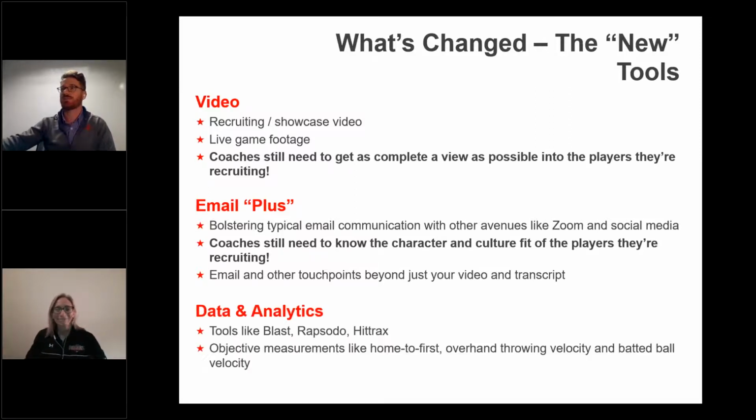Cool. And then also another piece that I think softball coaches started to move towards, and certainly are still moving in this direction, going hand in hand with video, is using more data and analytics, using tools like Blast or Rapsodo or HitTrax, whatever it may be that they have access to in their programs, and also objective measurements. We mentioned home to first on video, also with the stopwatch, throwing velocity with the pocket radar, batted ball velocity, whatever data points you're able to communicate in addition to the video,